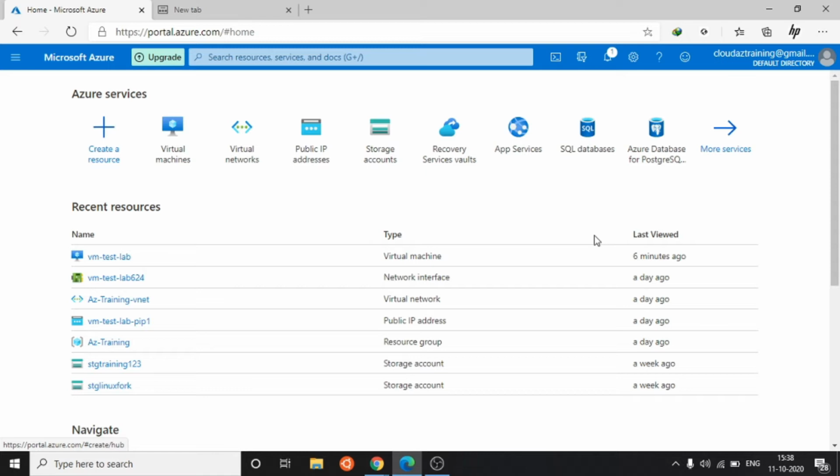Also, by default on Azure cloud you can't ping your public IP. If you want to ping your public IP on Azure cloud, you should enable the ICMP protocol, otherwise it will not ping.